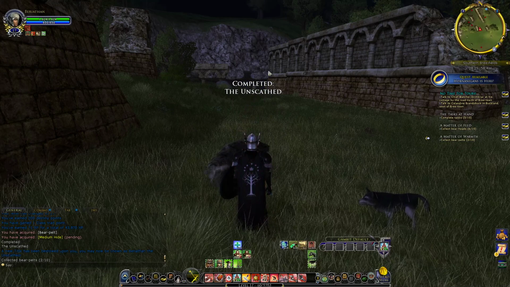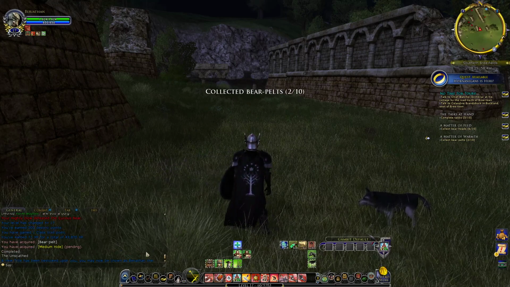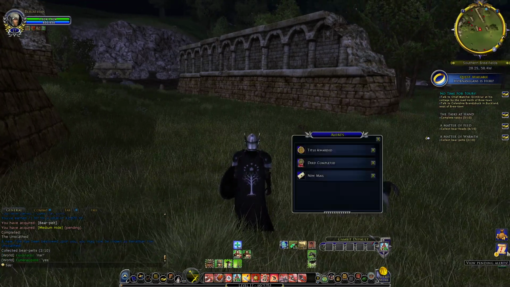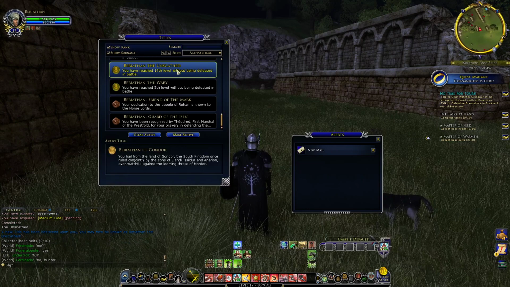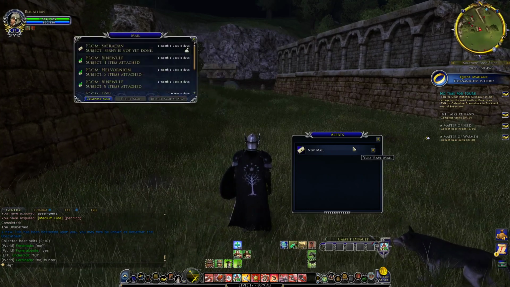Unscathed. So what do we have here? Level 17, 1 class trait point. A new title has been bestowed upon you. You may now be known as Beriathan the Unscathed. So great. We have here reached level 17 without being defeated, and also